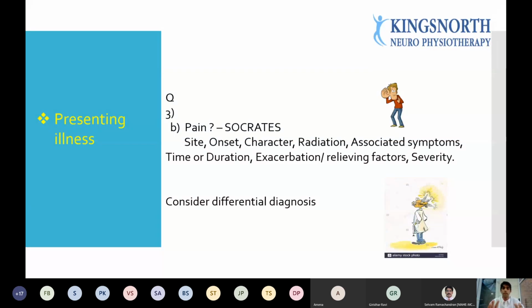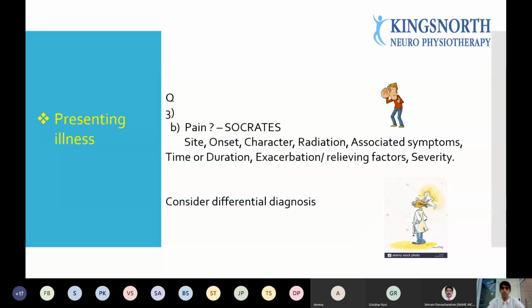We are still in the presenting illness. The patient said pain, but pain is slightly different from an episodic symptom, because pain needs a little more elaboration in the neuro world, as there are different types of pain, and in neuro there are more pains. I see a lot of pains along with the other problems. So again, you ask about it with the mnemonic SOCRATES. This is not my invention; there are people who use this.